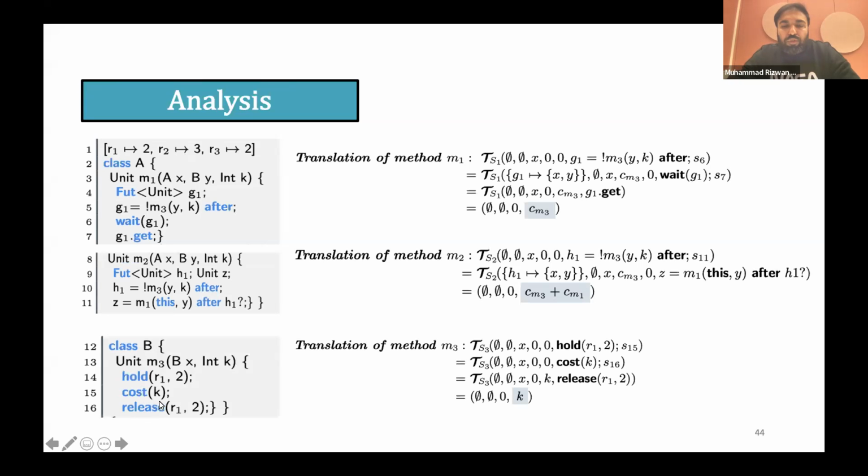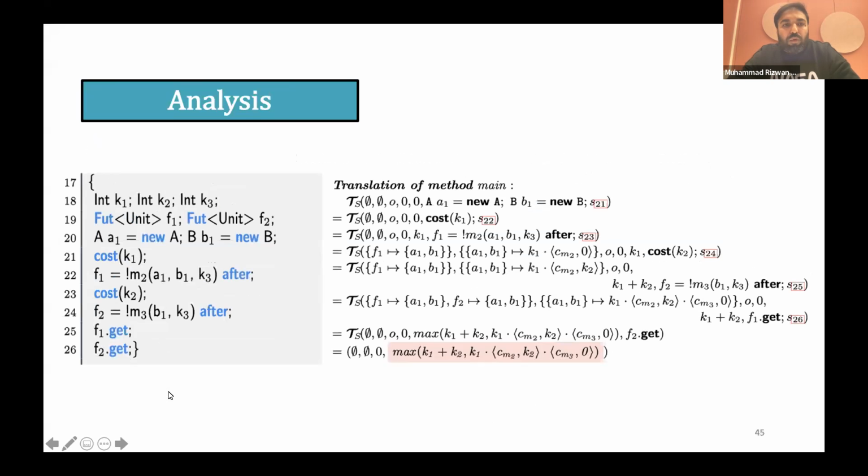And the execution time of method 3 is K here, which is some constant value. After applying our approach on the main method, we have a cost equation in this form, which needs CM2 and CM3, which I explained earlier are the execution time of method 2 and the execution time of method 3. In this way we can have a cost equation set that can be used to over-approximate the execution of our collaborating workflows.